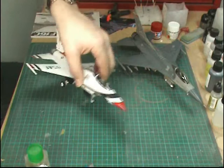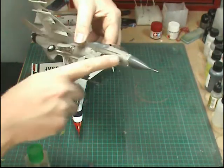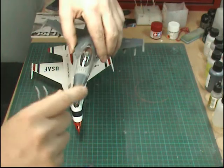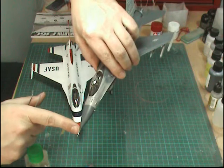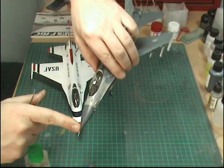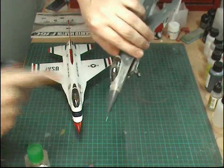Just like that, like so. We've done the same on the other Falcon here. As I say, this one's dry, it's just on there now. Obviously the nose one, the needle's been put on and then painted the same colour up to the first little area before it goes to a point. Exactly the same as we've done on this one down here, and the angle of attack ones are in as